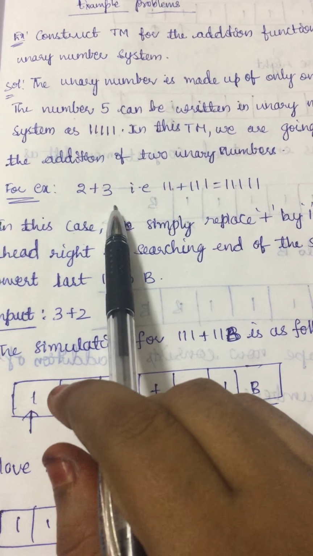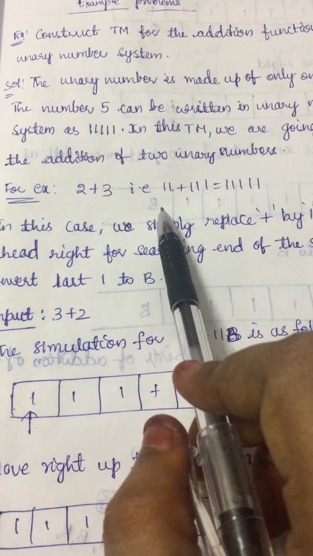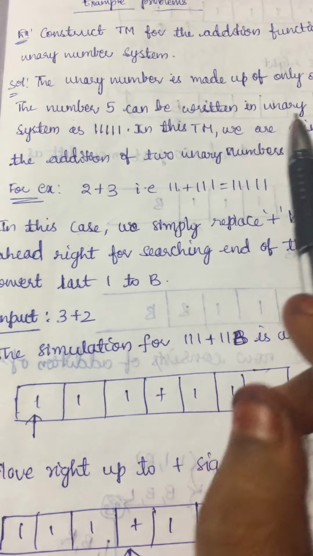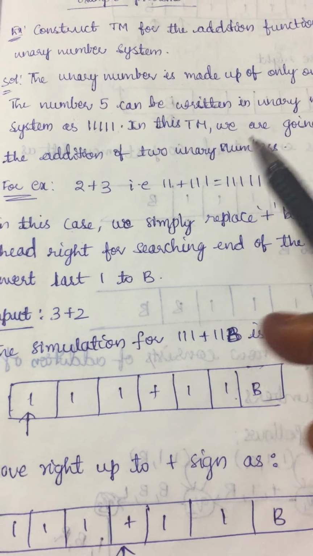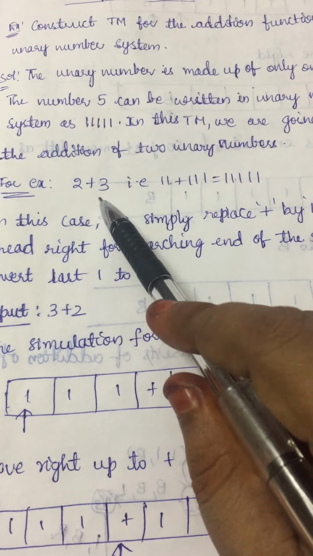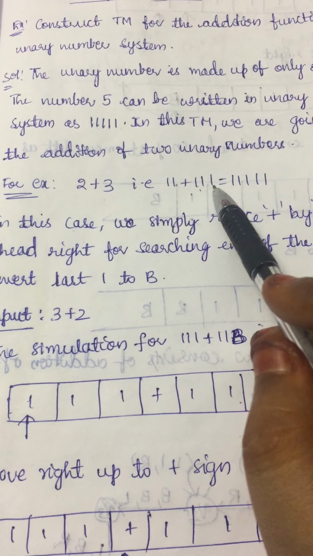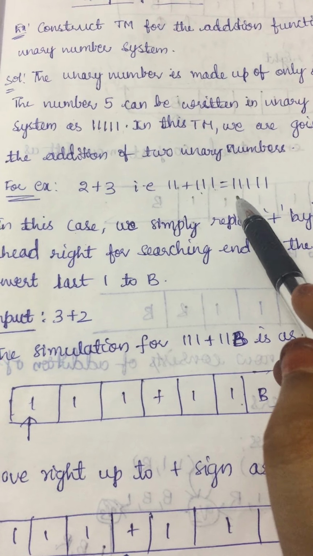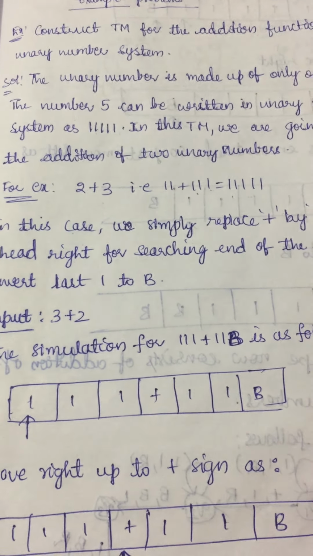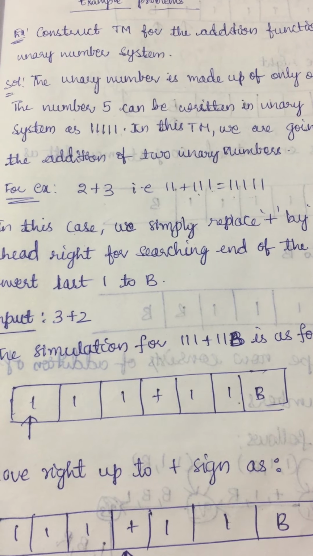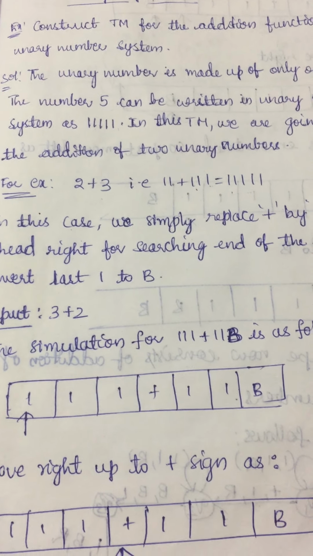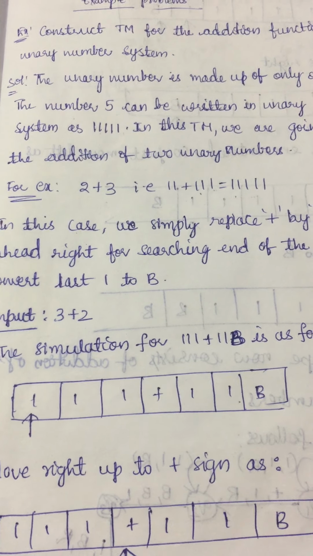So let us consider two numbers and perform the addition operation, for example, 2 plus 3. See how it is written? In unary, 2 is written by 2 ones. That means a single character 1 is used in order to represent the number here. Plus, here 3 is given as 3 ones. So in total we are going to get 5 ones. That means in the input tape, after performing the addition operation, we should obtain 5 ones.